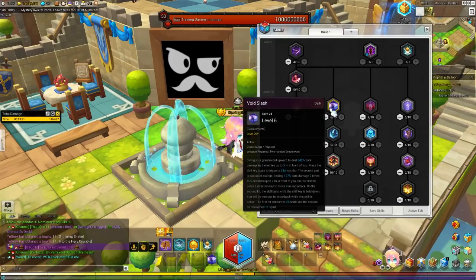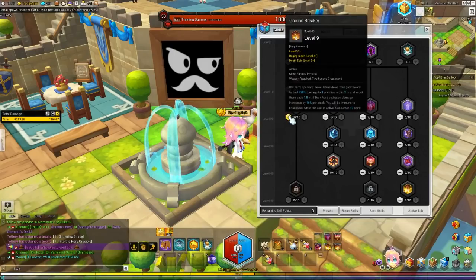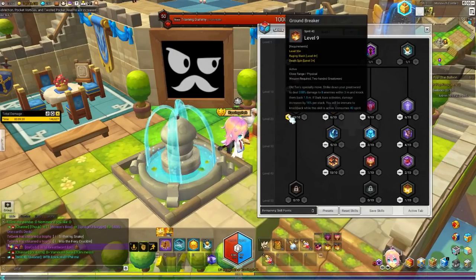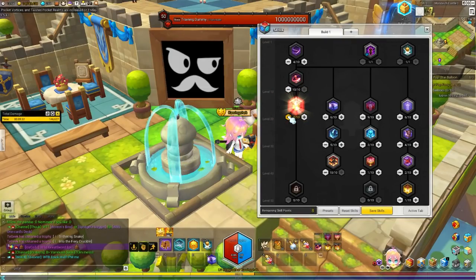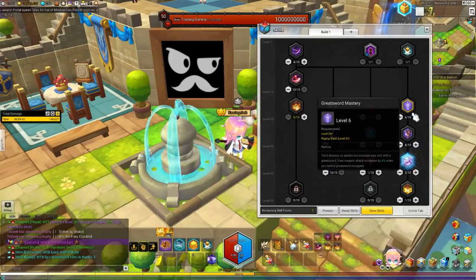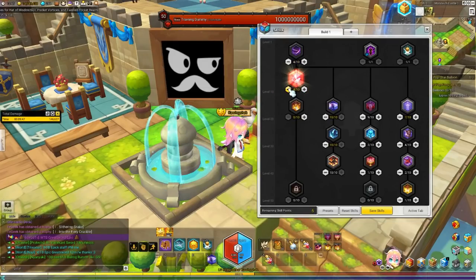As for Void Slash, my recommendation would be obviously remove Groundbreaker, add the rest of the points into Darkbreaker. I guess I can click and showcase. We'll put everything on the Void Slash, put everything on Darkbreaker, and then we have 1 extra point. I guess we'll go on Great Sword Mastery. If you do not want to spin, I guess we can just remove even more. Put the point into Great Sword Mastery,